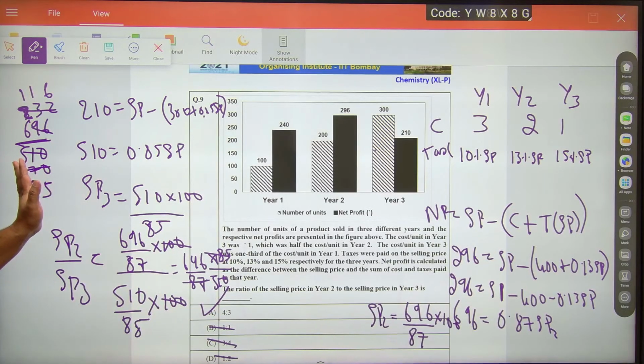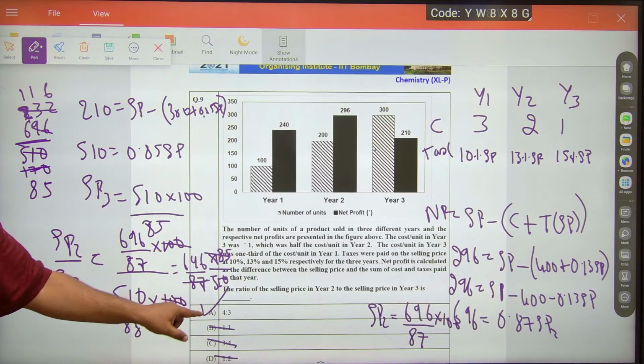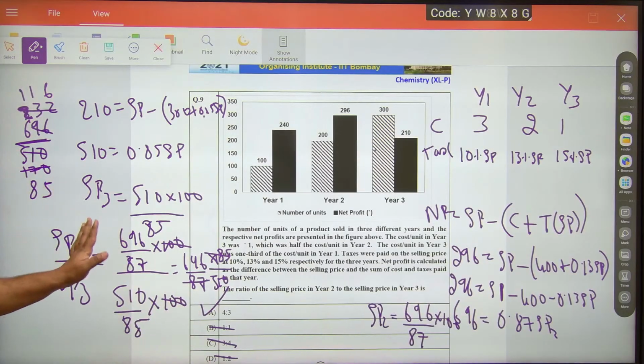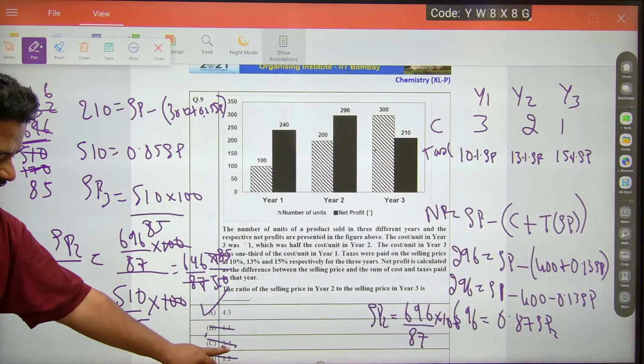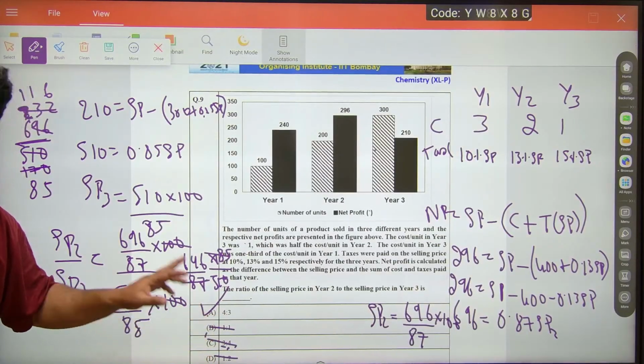No need to solve further. Got it? Here only you can end it. Denominator is smaller value, but in the other options the denominator is bigger value. So end it here and go for the next question. No need to solve. Like this, use common sense. It cannot be 1:1, and SP3 cannot be the bigger value. SP3 is the smaller value. That is, option A is the right answer.